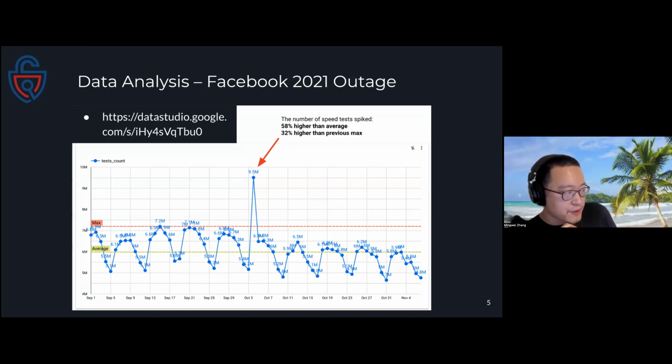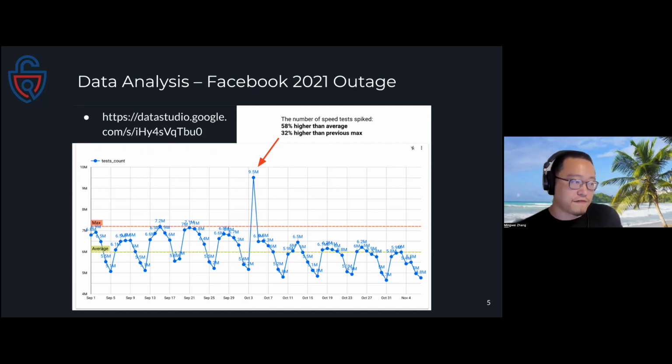As we can clearly see, during the event time, which is October 4th, the requests of the speed test spiked significantly, to 50% or almost 60% above the average, and 32% above the previous max. If you're interested in looking more at this data, there's a link. I'll share the link with everyone later.